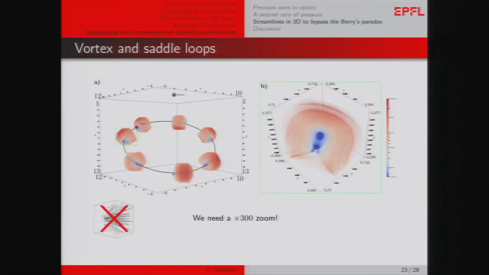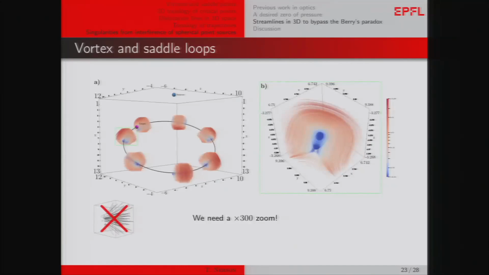So you have something that is very sub-lambda, and you have a huge loop that is about 10 lambda. And you just see this singular line loop,